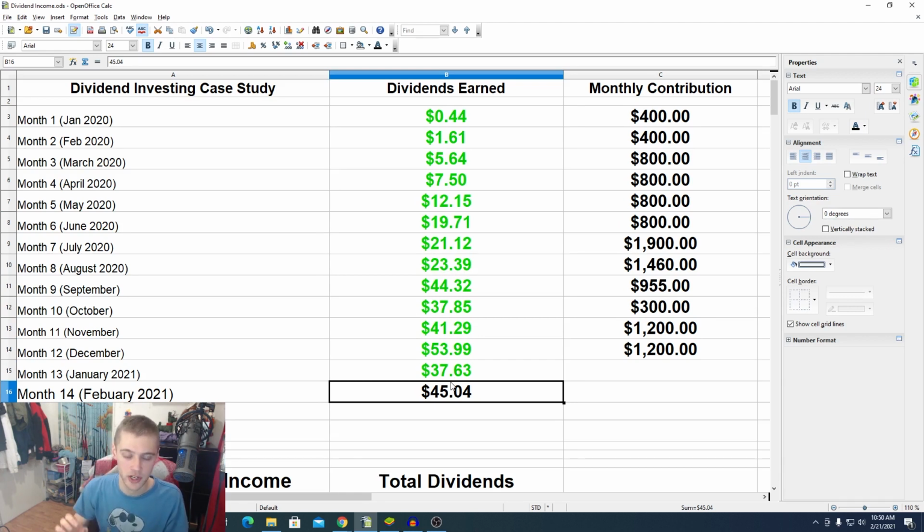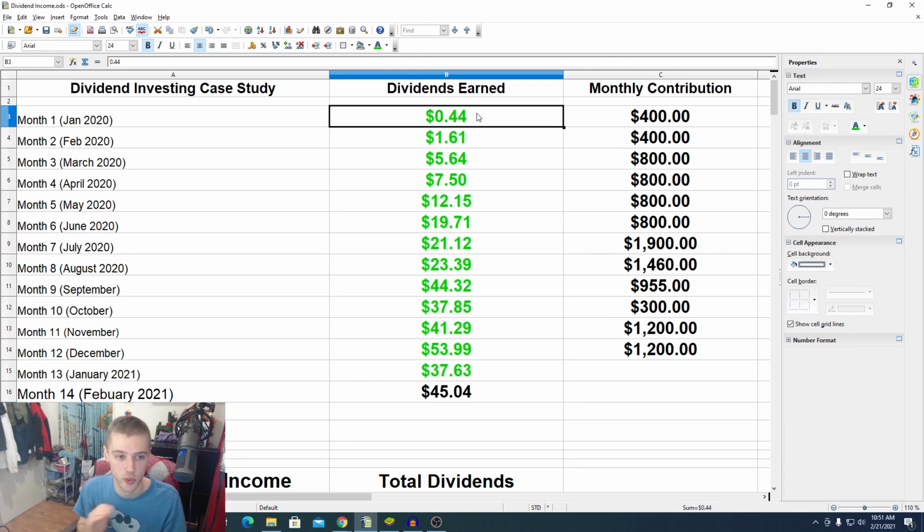But keep in mind, a lot of the growth from the stocks has actually come from the stocks growing over time. So once again, the dividend income is nice, but you actually make more money from the stock appreciation, especially if you buy good growth-based dividend stocks. And so that's the main focus of this portfolio. But I just want to show you guys the dividend income so you can see over time how the money has grown since we first started investing way back in January 2020, all the way to February